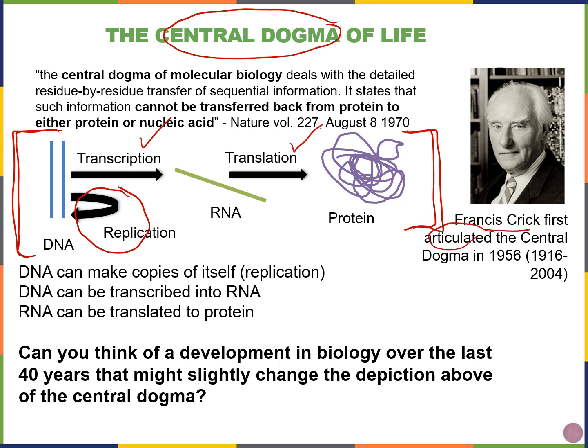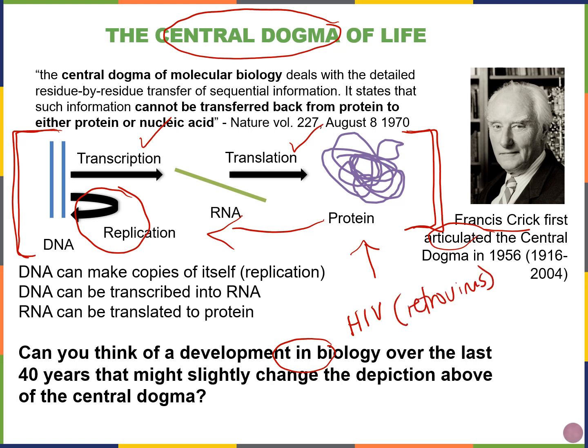But this part, how we produce proteins, is really the central dogma, and it was first stated or articulated by Francis Crick. There are some developments in biology, you could say discoveries in biology, over the last 4 decades that has slightly changed our view of this. So we used to think that it's not possible to go backwards, right? But now we know that there are some viruses, such as human immunodeficiency virus, HIV, the virus that causes AIDS, that are in a group called